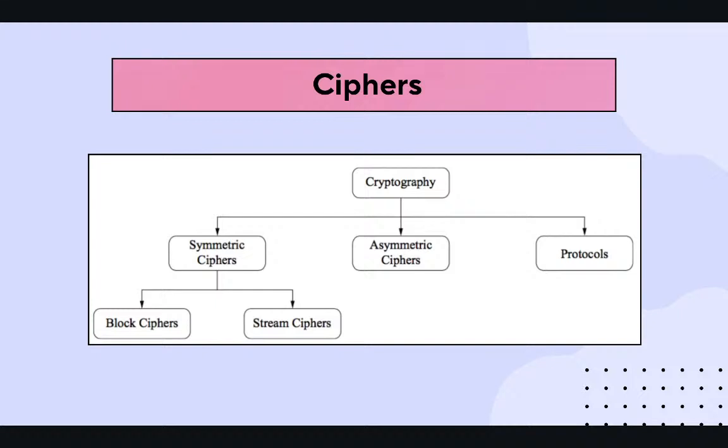In the case of block ciphers, data needs to be a specific multiple of a length, say 16. Take AES, the symmetric cipher. For the AES 128-bit version to work, the data should be a multiple of 16. If it's not, we add some padding bytes, some extra bytes, to the plain text to make it a multiple of 16 and then encrypt it. That is what block ciphers do. Stream ciphers have no restriction on the length of the data, so we could have arbitrary length data and it would just give out ciphertext of the same length.